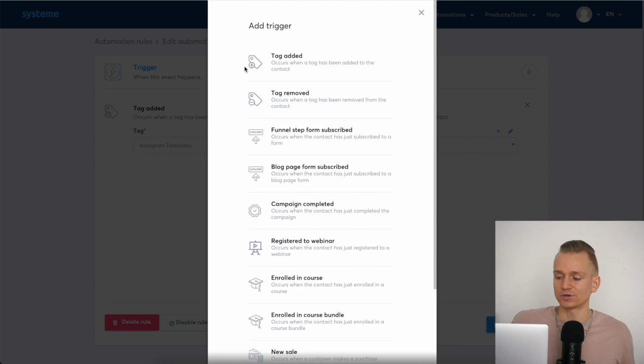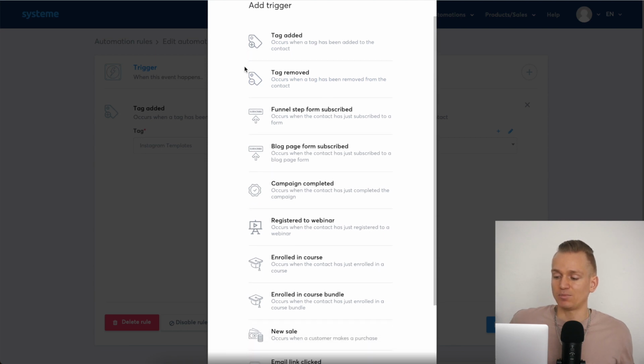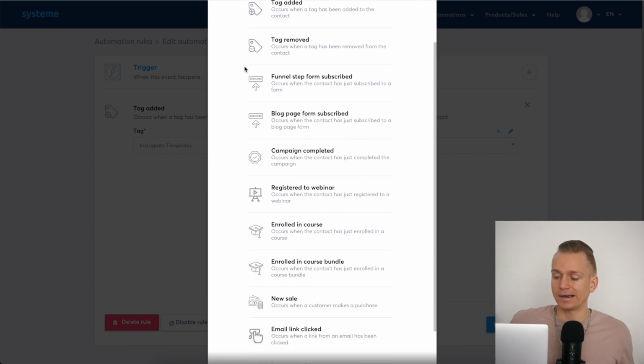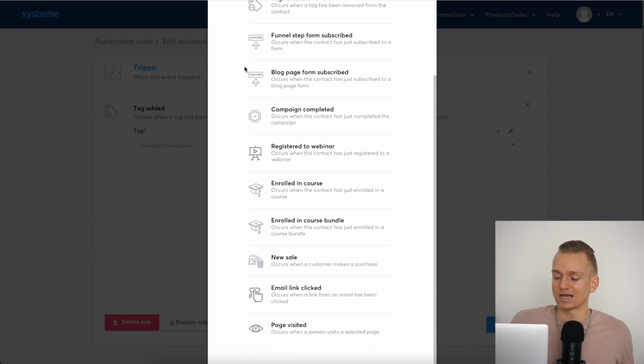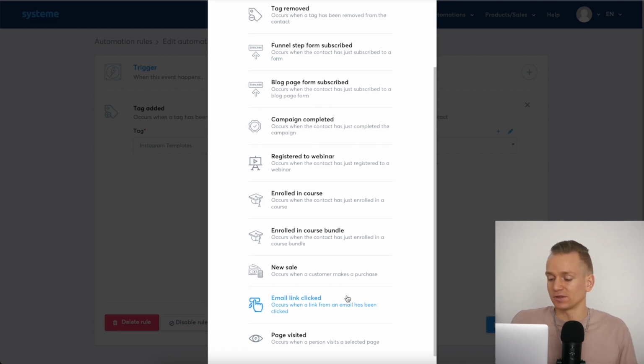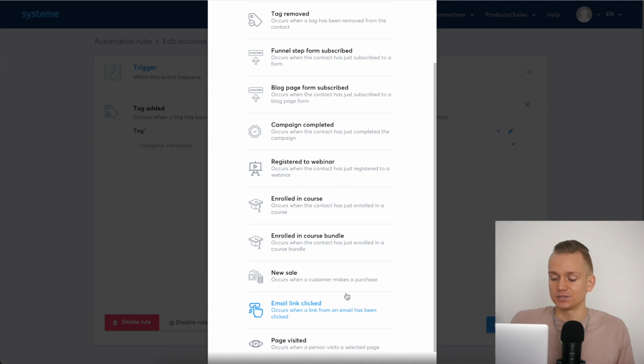So as you can see here, for example, you can choose a trigger, and based on certain actions, you can put people in different automations. So for example, they also have webinar software, which not all of the online course softwares do, but let's say someone enrolls in a course, you can choose that someone enrolled in a course, or let's say someone purchased, maybe you have some sort of little offer aside from your course. You even can have features like an email link has been clicked, which Teachable, Thinkific, none of these softwares really have.